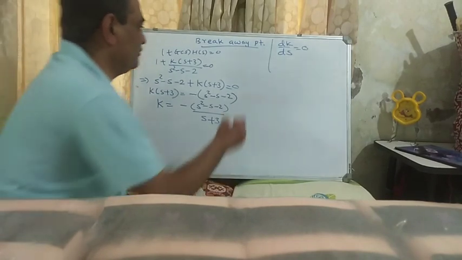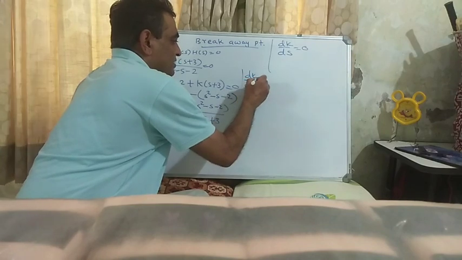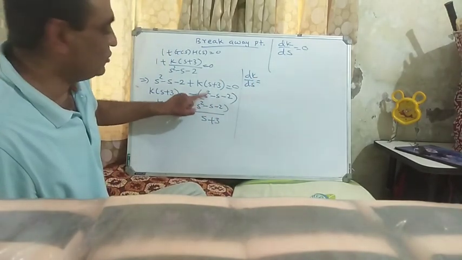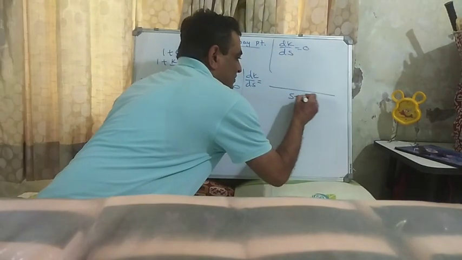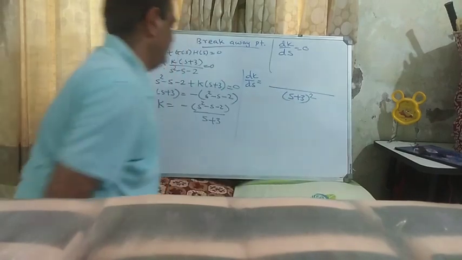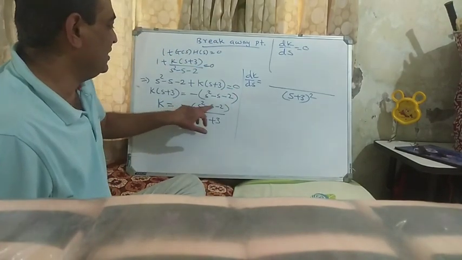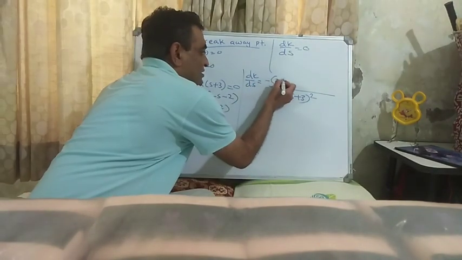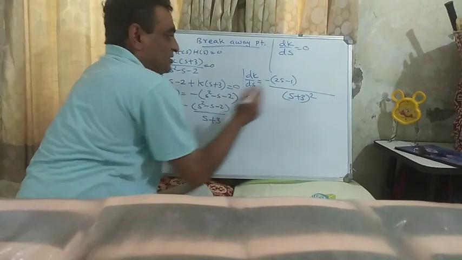Now I need to find the dk by ds. So dk by ds, we can use the division rule for the differentiation. So for that I need to put s plus 3 all square, then the derivative of this into this. So derivative of this is minus 2s minus 1 into s plus 3